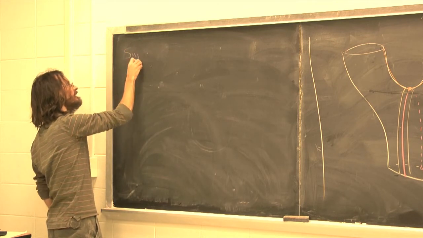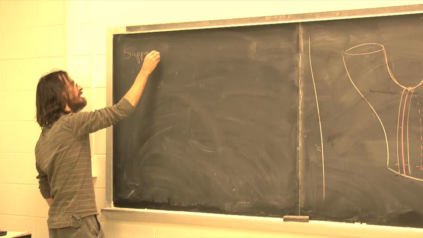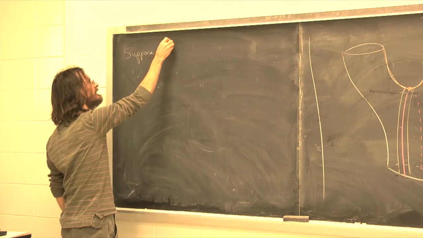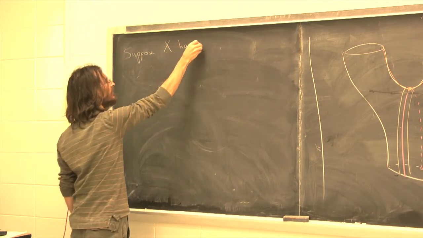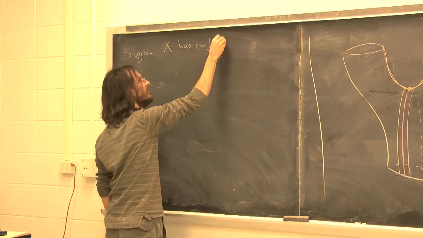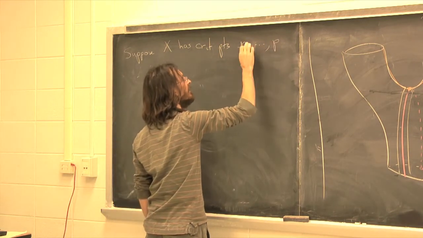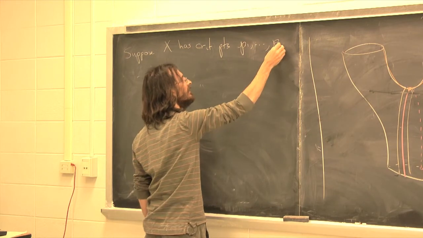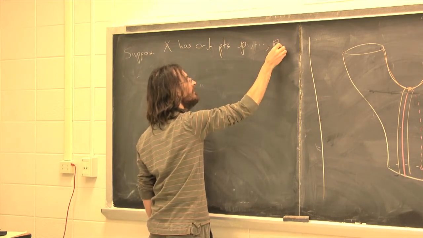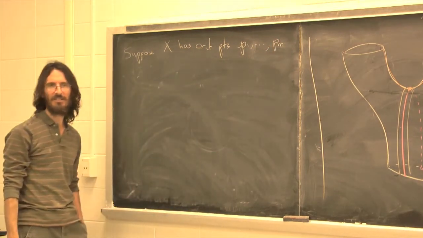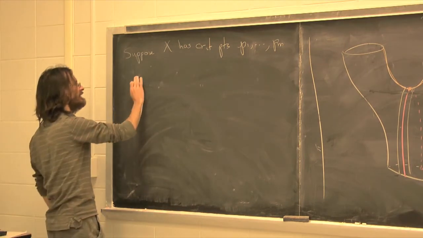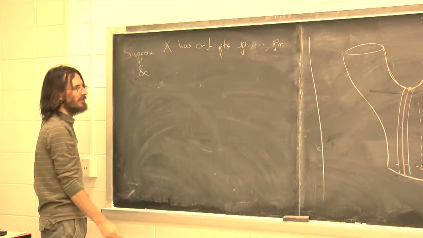Suppose that x has critical points P1 up to whatever M, right? So a whole bunch of critical points, and suppose that the